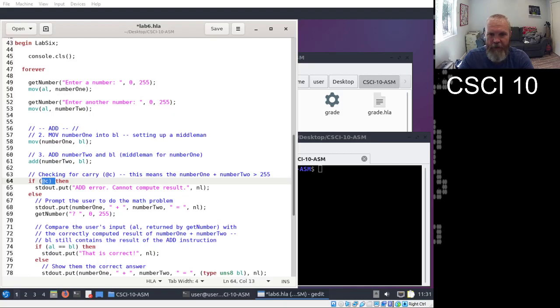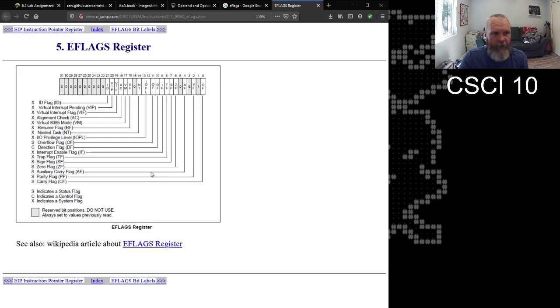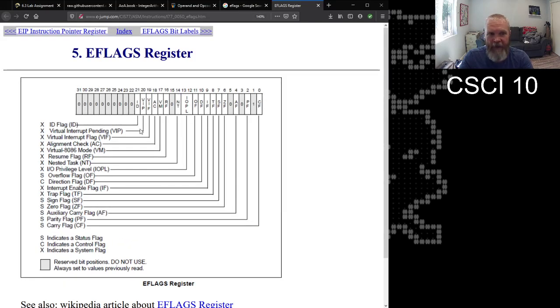I can show you a picture of that. So let me switch views real quick. If we were to look at a blow up of the EFlags register, it's really just a whole bunch of little flags, switches that can be turned on and off.